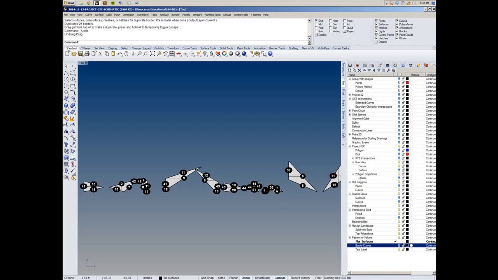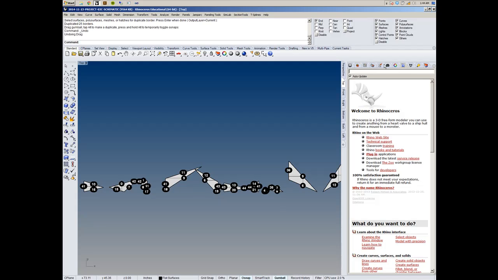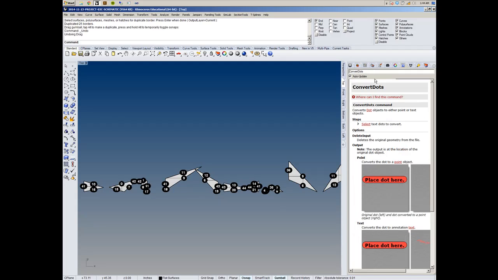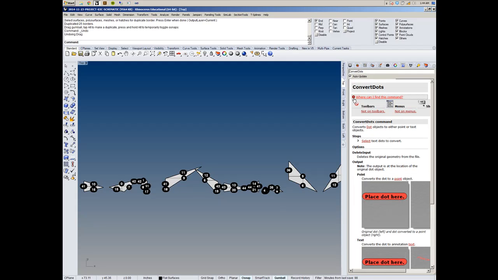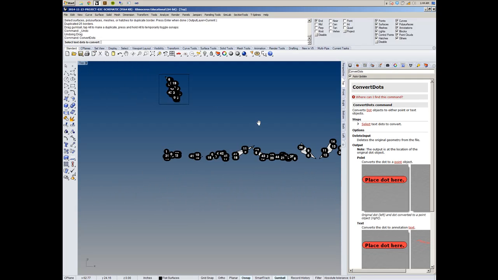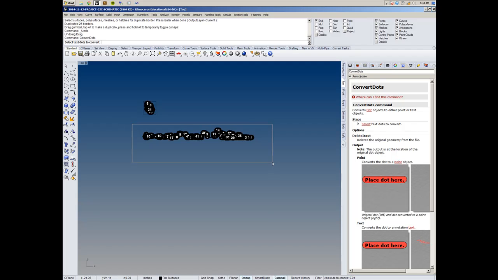So the command for that is, and I'm not sure where it is in the menu, but it's convert dots. I'll see where it is on the menu for you. It's not on there, and that's why I don't know it. Okay, so convert dots, text dots to convert. I can just pick these here,